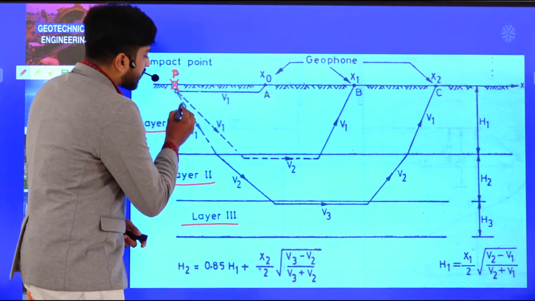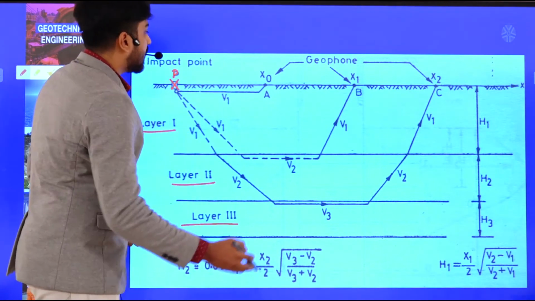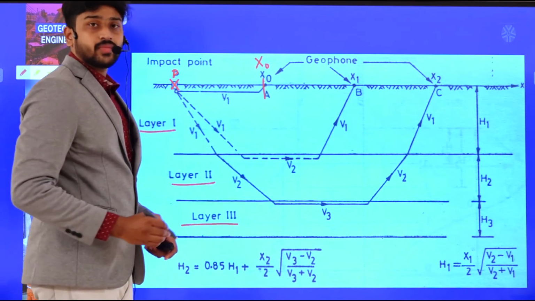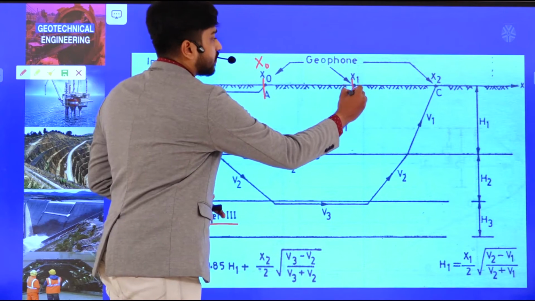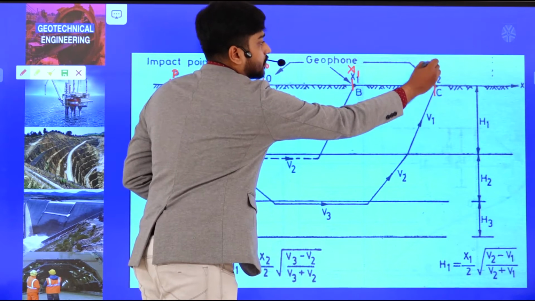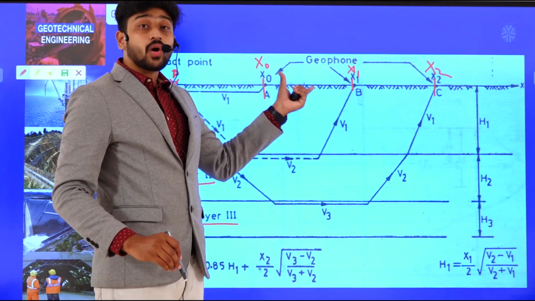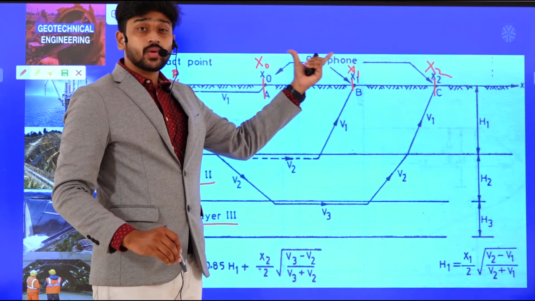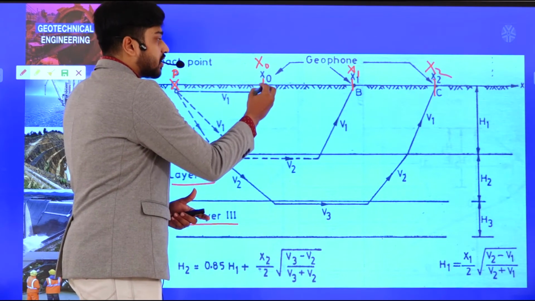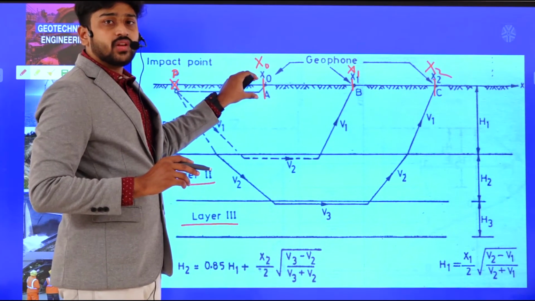Whenever any particular wave passes through, let us say I have released the waves and placed a detector at a distance of x0, another detector at a distance of x1 from the source, and another detector at a point x2. These three are nothing but detectors, which are also known as geophones. The wave propagating through this region is recorded at this detector. That means the wave passing through the topmost soil may be detected.